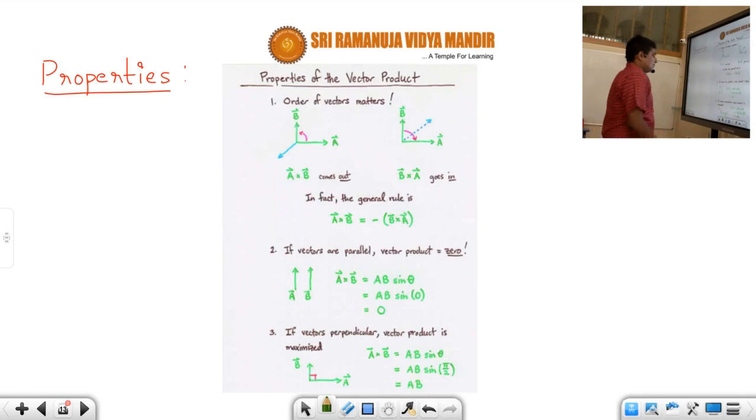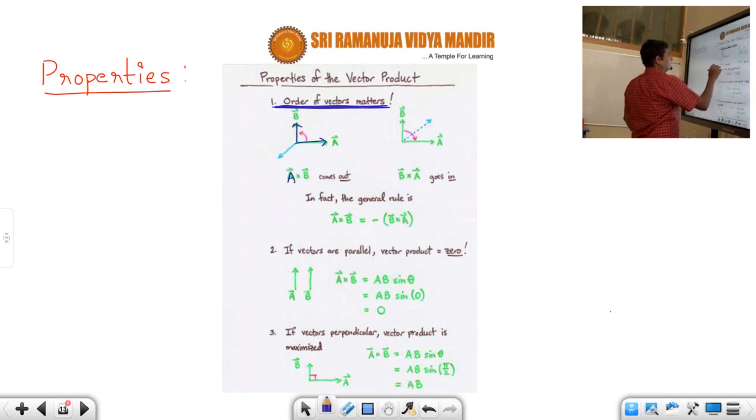The first and foremost important thing is that the order of vectors matters, students. Suppose here there is a vector A bar and here there is a vector B bar. When you are calculating A bar cross B bar, you have to go from A to B like this. Here A and B are in the plane of the board. So when you are going like this, which side is your thumb, students? Outside. The thumb is towards the outside of the board. So the thumb comes out.